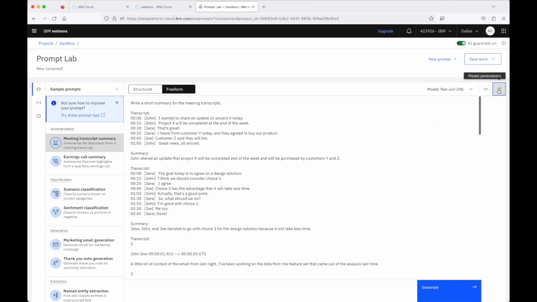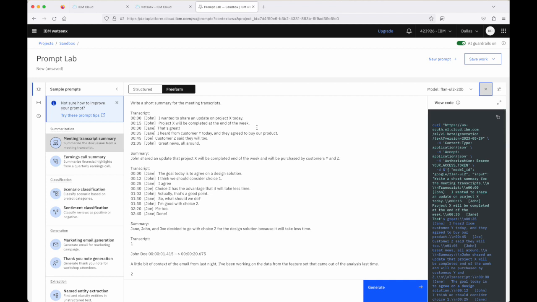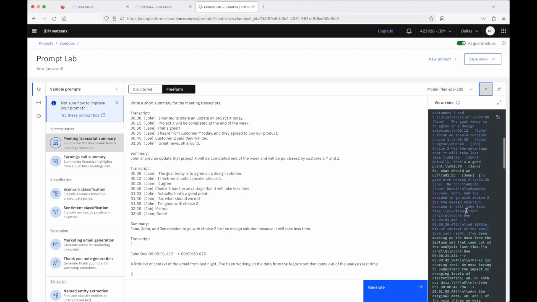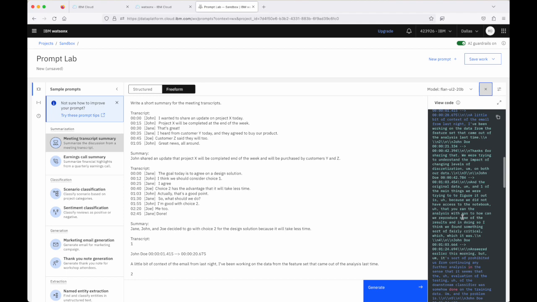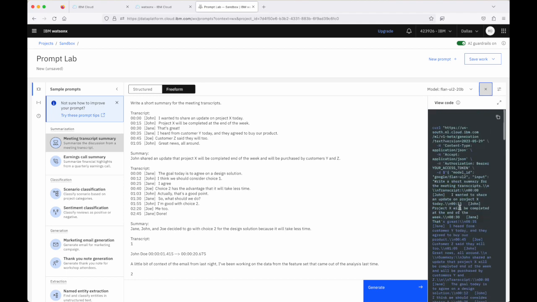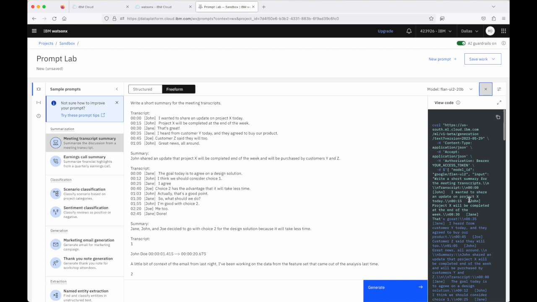And then also a code snippet. So, whilst we work in the prompt lab to experiment, I guess, and build our prompts and understand how they work and perform with the respective models that we choose to work with, invariably, the way in which you'll most likely work with these models on watsonx.ai is via API call. And so here's an example of a curl call to the particular model that we've decided to work with here with the prompt that we've created here, and that can be used, you can copy and paste that out and quickly put that into a command prompt or a terminal window with curl and execute the